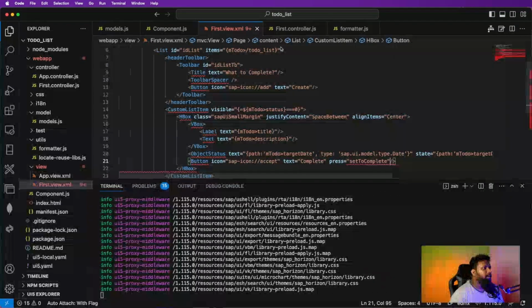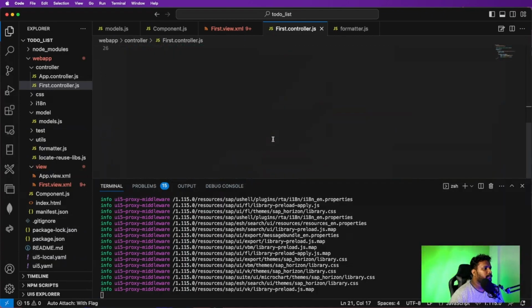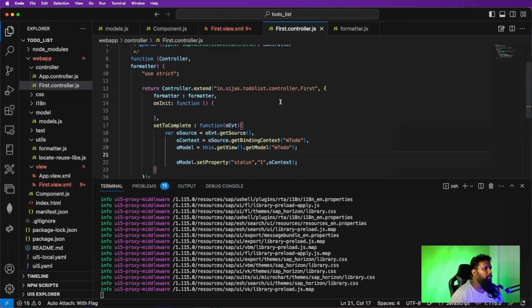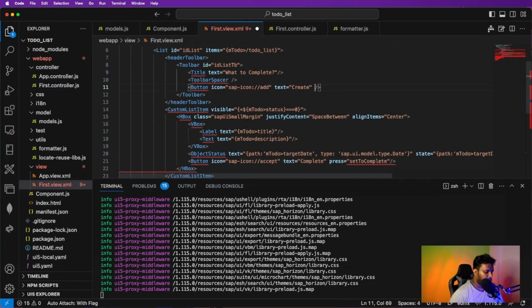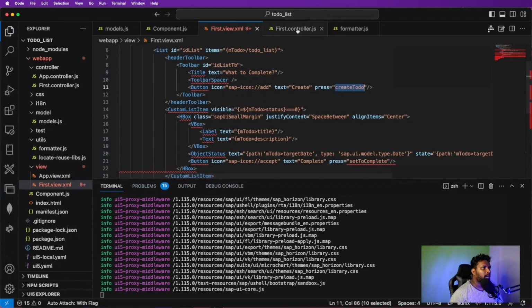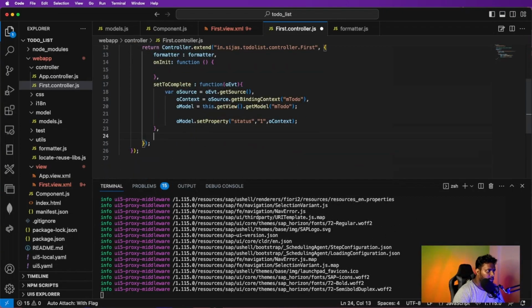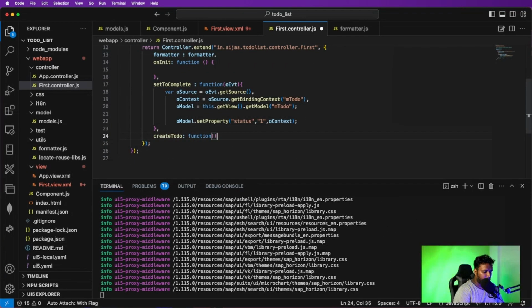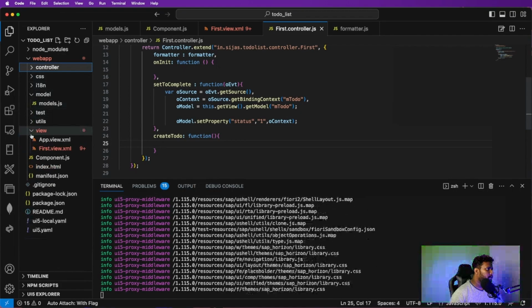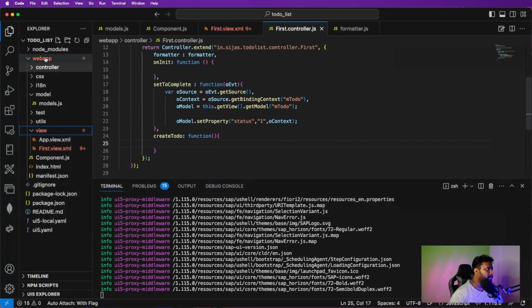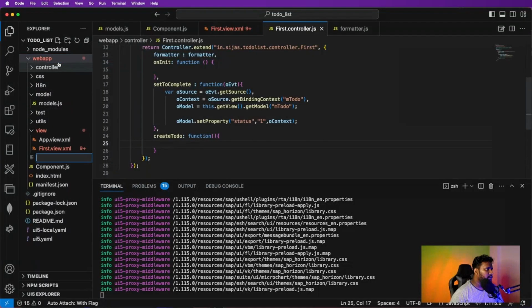Now let's see how we can do a create. In the first, in create, on press event, I'll be calling the create to do method. Now in the first controller I'll go and create the function which I'm supposed to call, and save it. Also, in the web app I'll create a new file